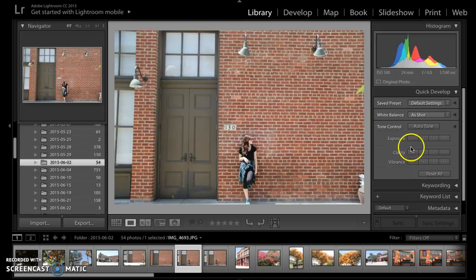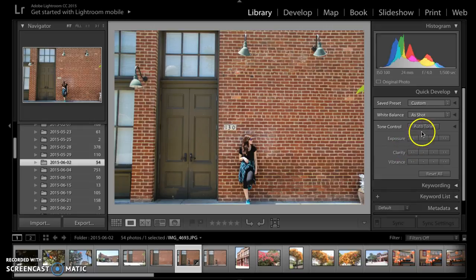the coloring. So what I would tend to do, so this picture, it's a little bit on the brighter side, so I'd probably tone it down a little bit just to make it to where it's not super in your face bright. And then I'll make it a little bit clearer. And then I want to add some vibrance in there to make the bricks stand out a little bit. So I just make it a little bit more vibrant in the color, but it's very subtle. And that's a little bit too vibrant now, so I'll tone it down a little bit. But this is super subtle, and all it did was make the photo more vibrant and just messed with the